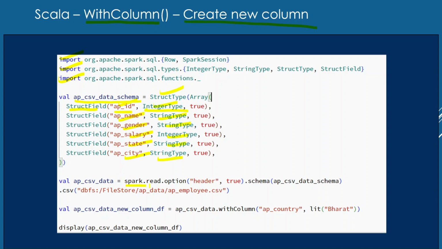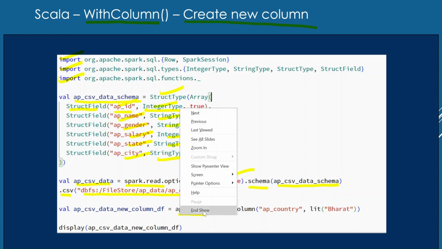Now, with the help of the spark.read.csv function, by passing the address of the CSV file, we are going to read this CSV file with the custom schema which we have created above. In this custom schema, we have defined 6 columns, and with the help of the option function, we are passing header as true. That means the first row of the CSV is the header. When this data frame gets created,